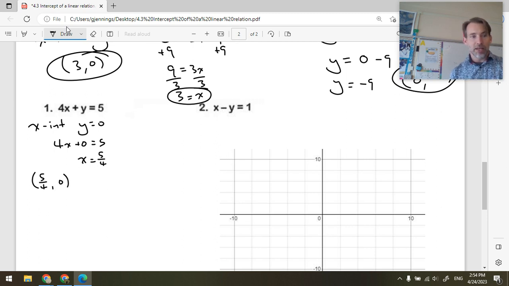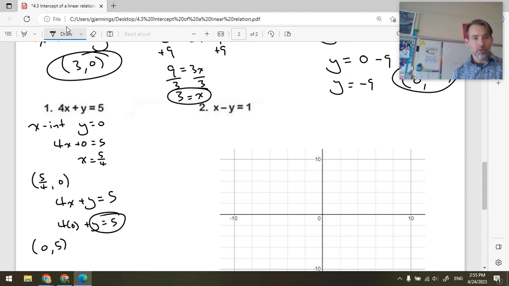To find the y-intercept, you go 4x plus y equals 5, and now we're going to let x equal 0. So now we have 4 times 0 plus y equals 5. So that gives us the y-intercept of 0, 5, because y equals 5, because this is just 0. So there's our two